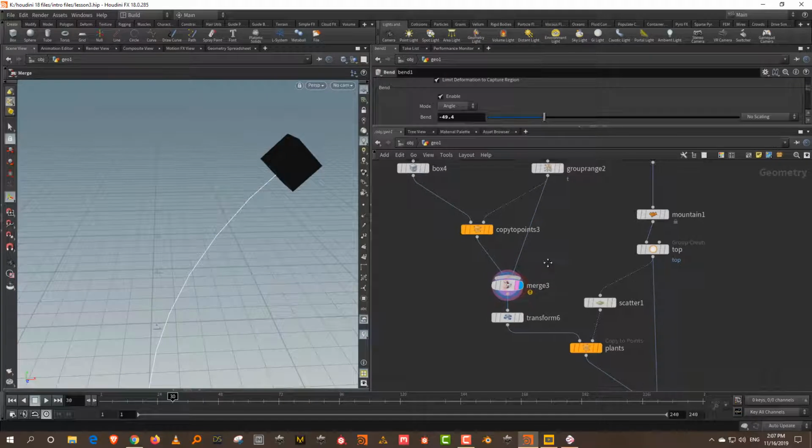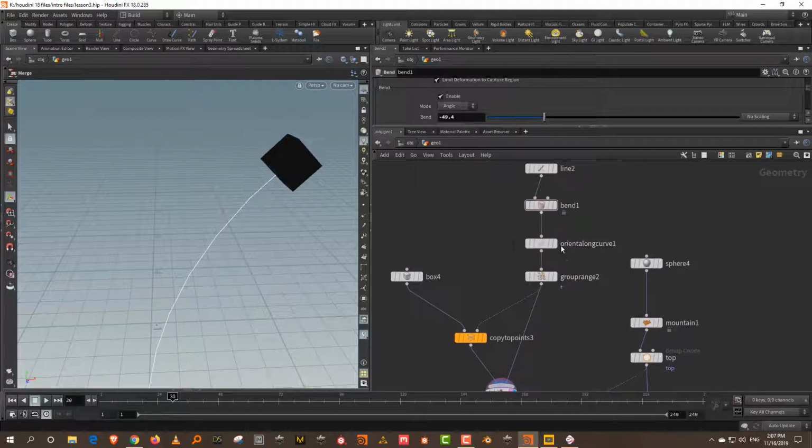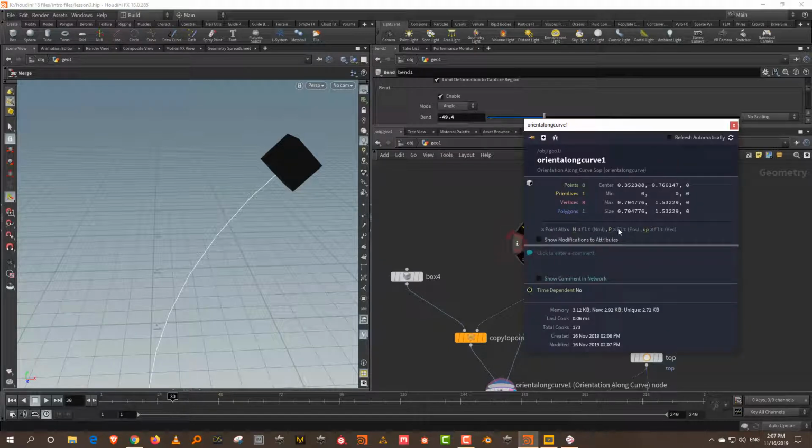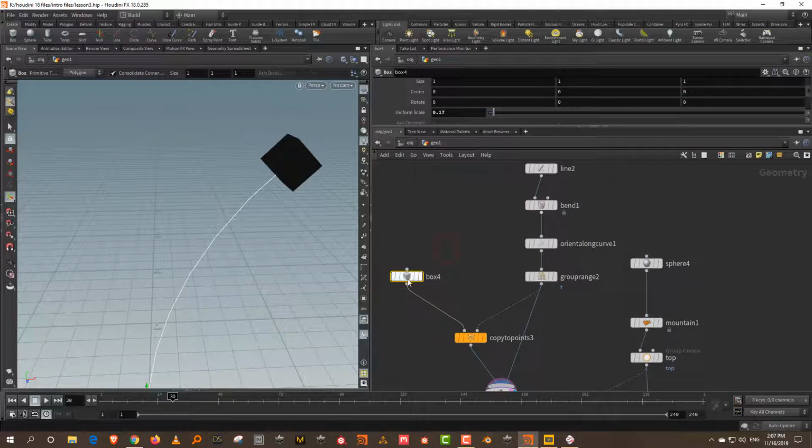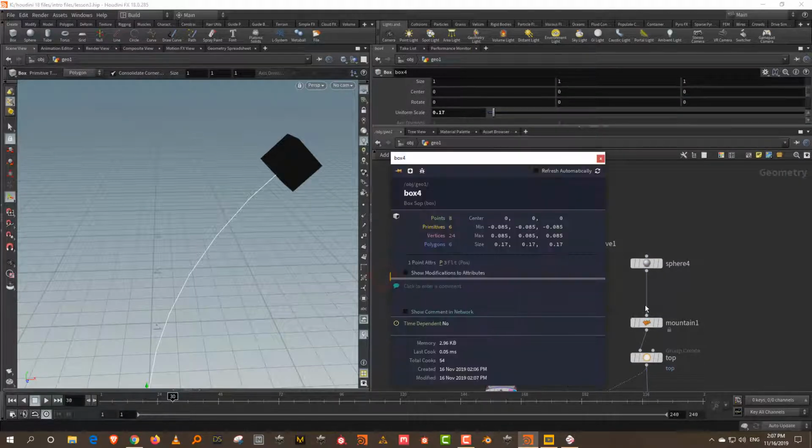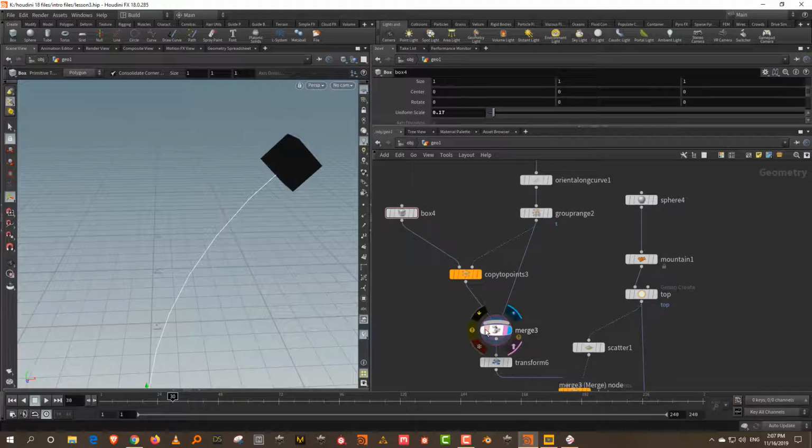basic thing done. Now you're getting an error here because when you generate orientation, it's essentially generating something called a normal. And the problem is the box doesn't have normals. Okay, so if there is a mismatch in the things coming into the merge, especially with normals, then the objects that don't have normals turn black. Now you have two options to this.